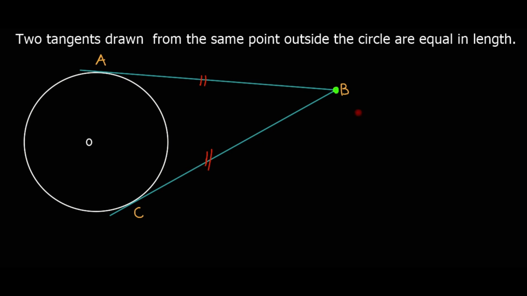For as long as you have two tangents drawn from the same point, those tangents are equal. And when you give a reason you use this theorem, you can write it in this way: